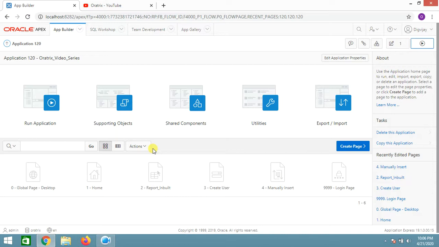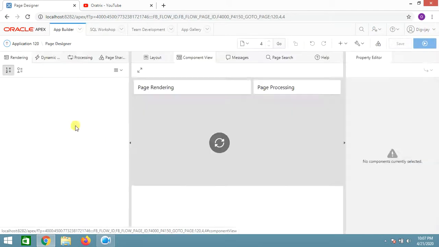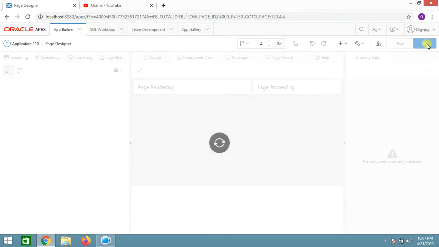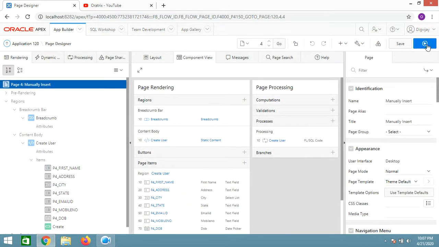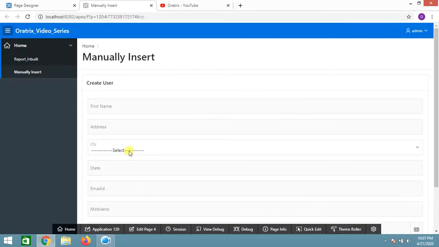So now in this video I'm going to show you how to create cascading LOVs. There are certain cases, consider this case, where we have a shared component called city.